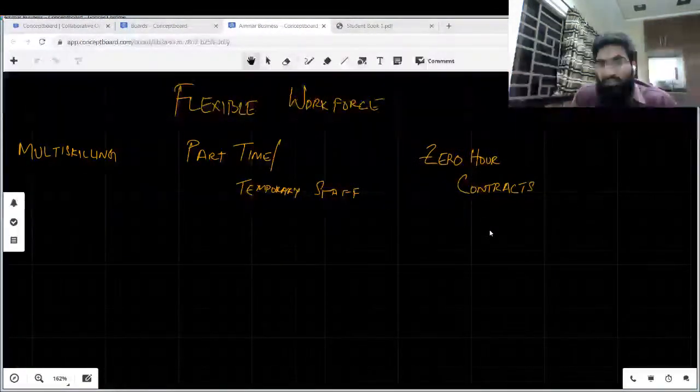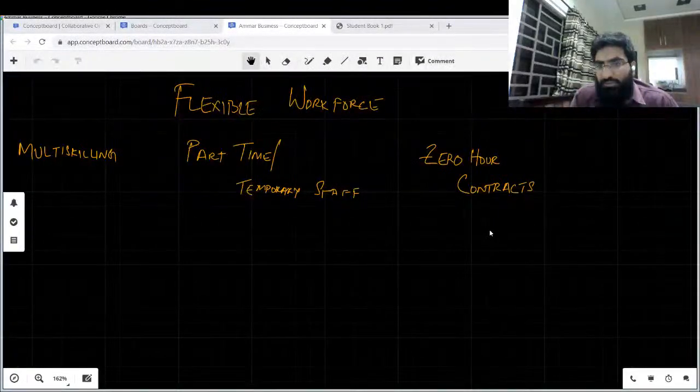It gives examples of a few countries where zero hour contracts are illegal, you said, right? So why is there a possibility that a law firm that needs work